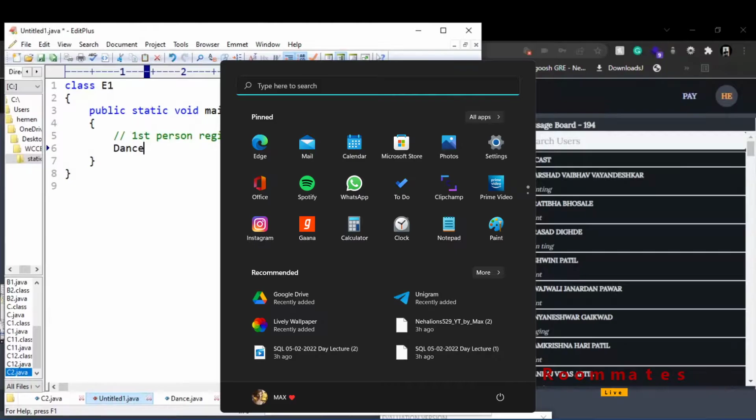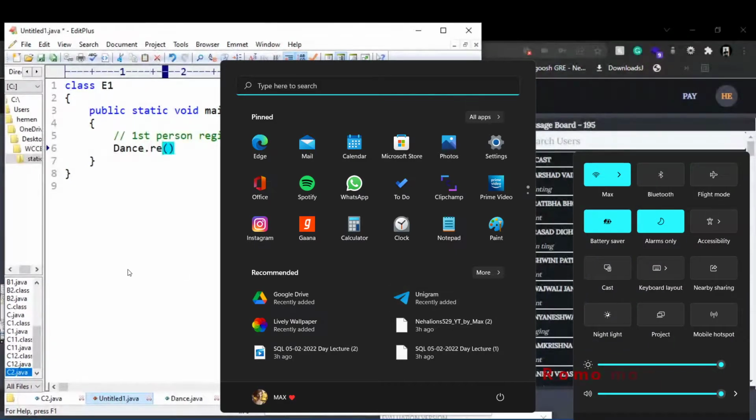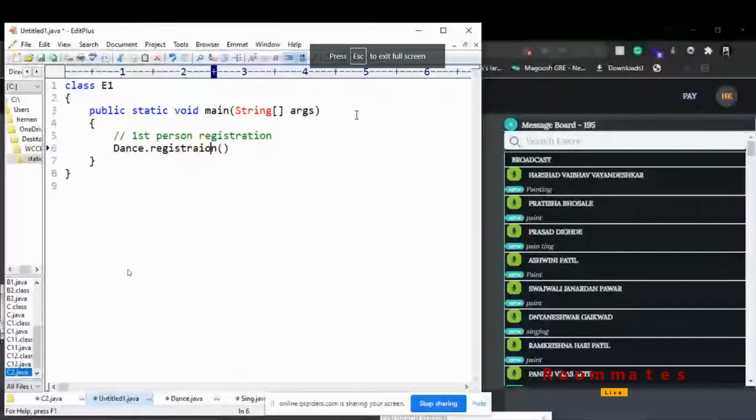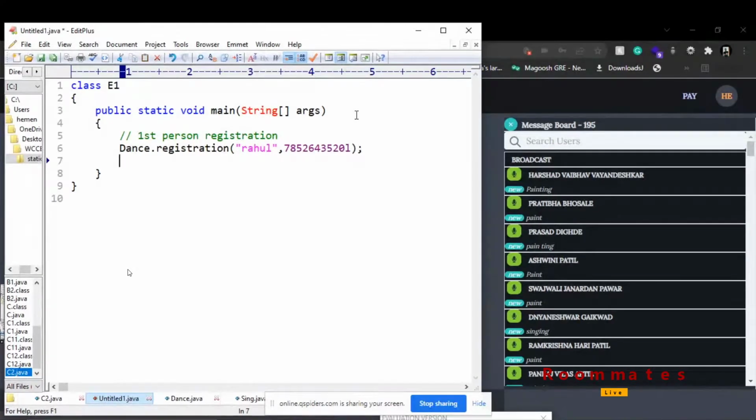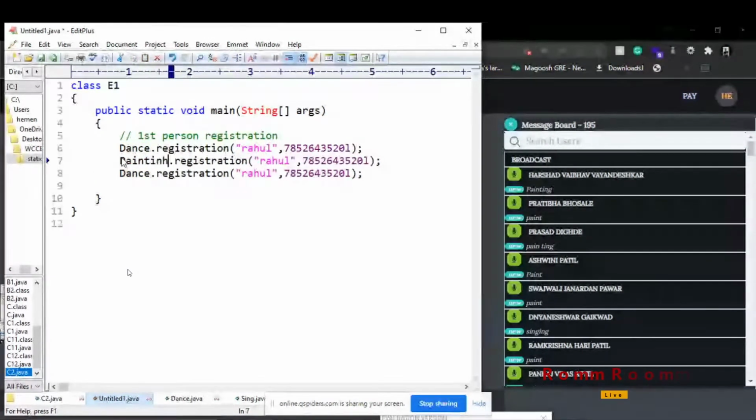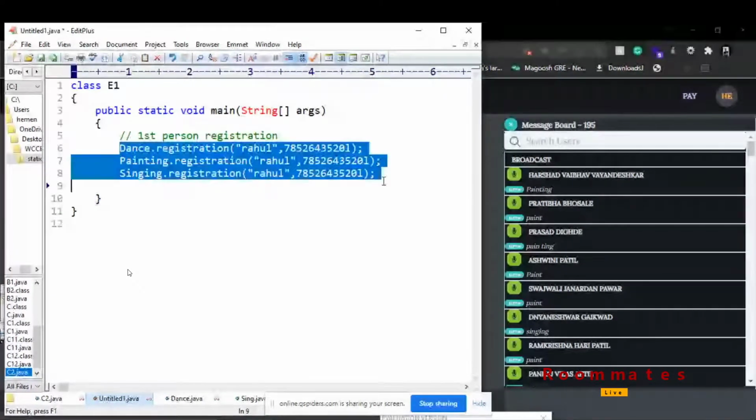He'll do dance dot register, and he will say my name is Rahul and my mobile number is 1 2 3 4 5 6 7 8 9 10 L, because long. Same, we have to do it for Rahul registration for painting as well as singing. Yes, first person registration done.